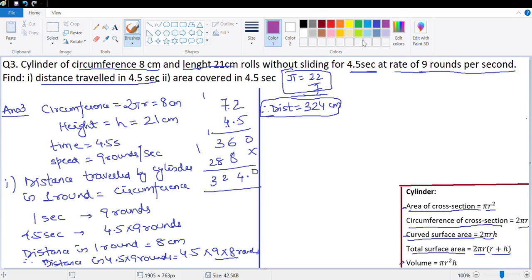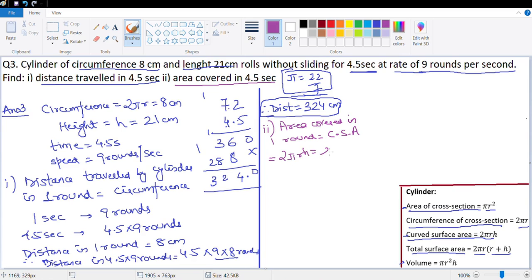Let's look at the next part of the question. It says area covered in 4.5 seconds. So the distance is equal to circumference and the area would be equal to the curved surface area. So point number 2, area covered in 1 round is equal to curved surface area. What is curved surface area? Curved surface area is equal to 2 pi r h,